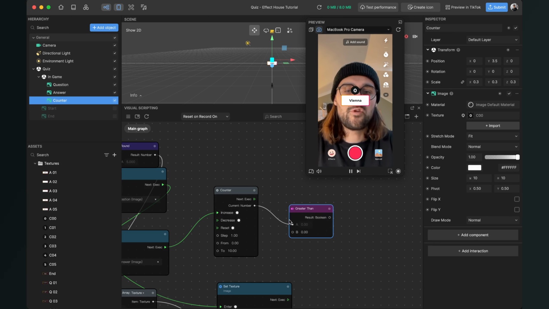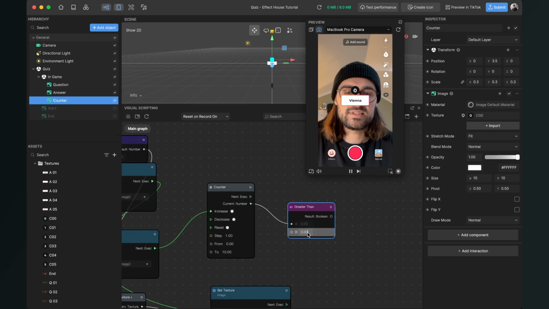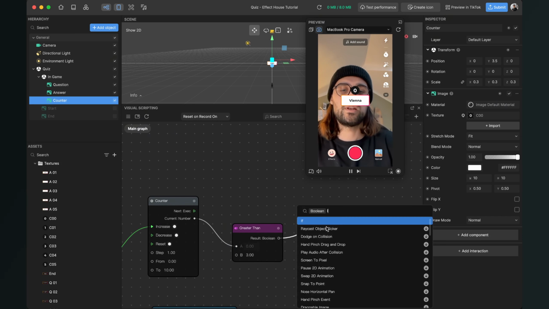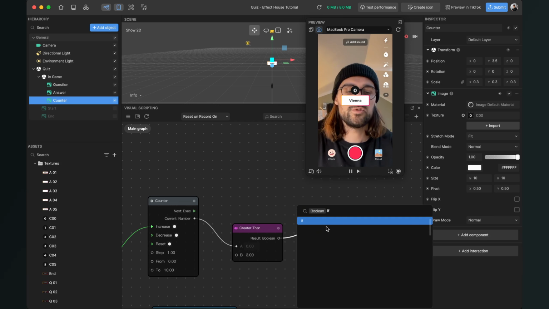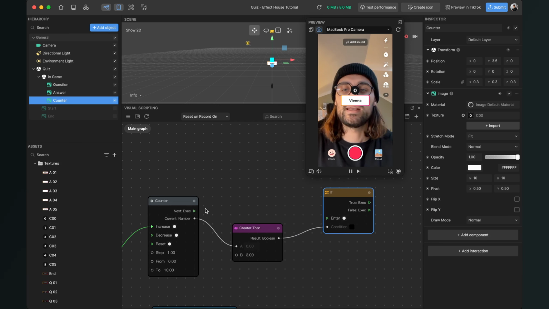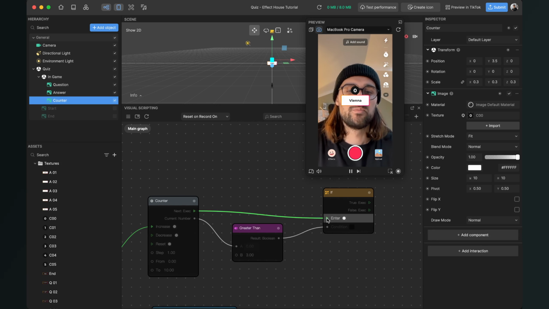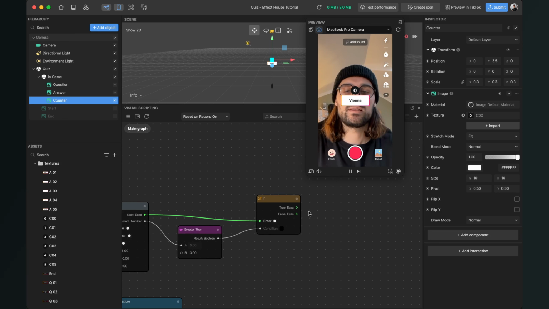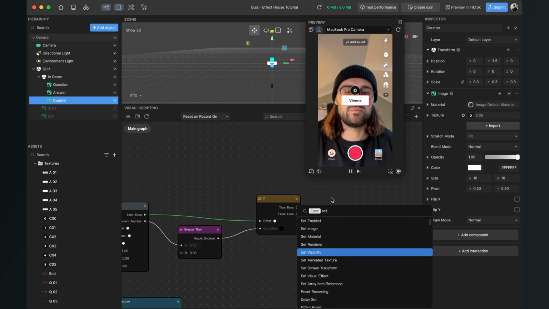So when the first input is greater than the second, so this will be 3, the second input, then this will be true, the output. So then we need also an if node. And now we can connect the next output of the counter with the enter input of this if. And when if is true, we will set the visibility off for the game and on for the end. So if this is true, set visibility